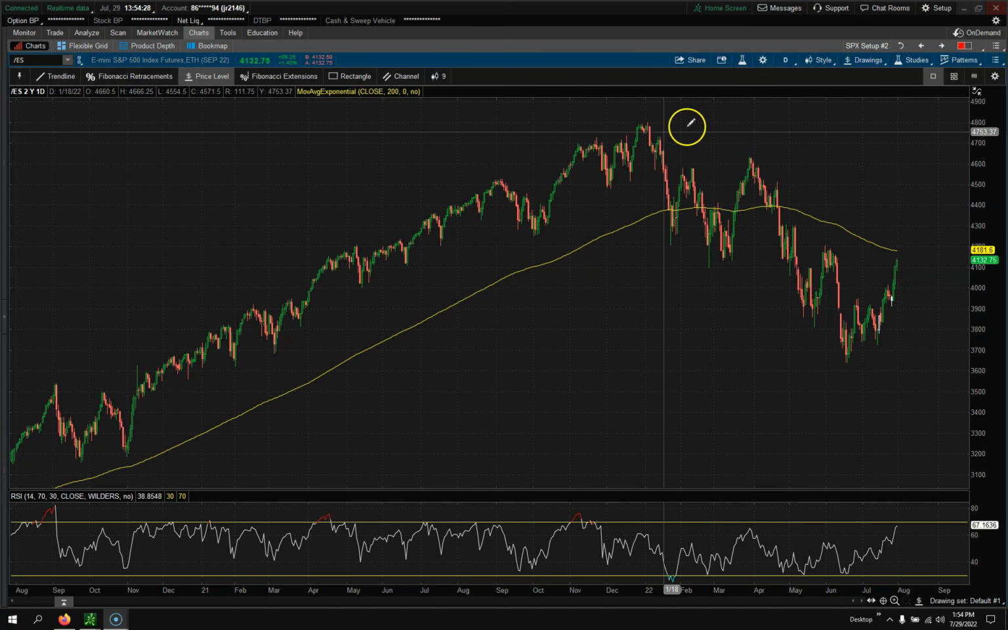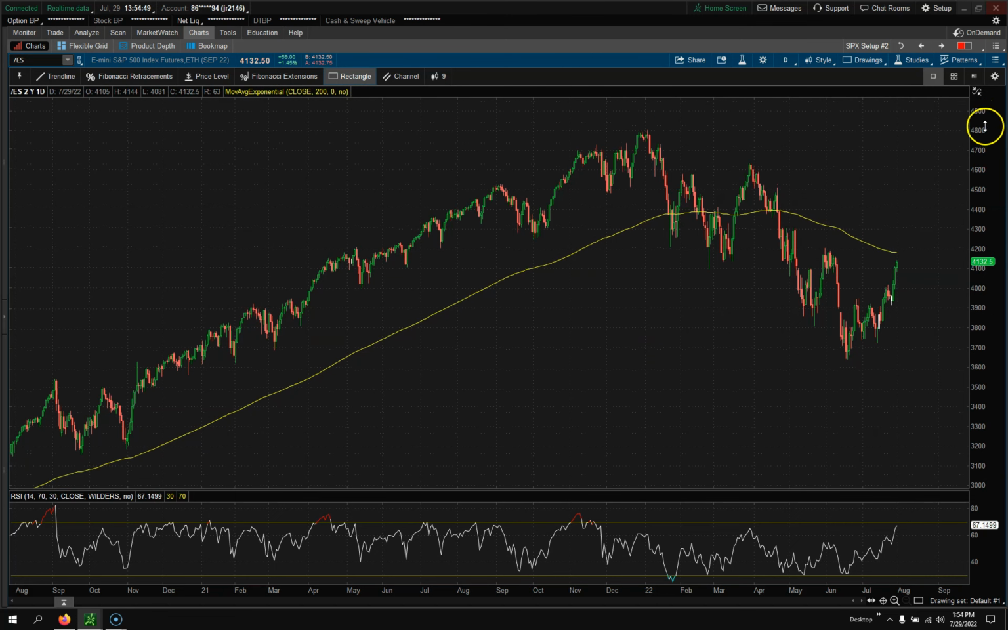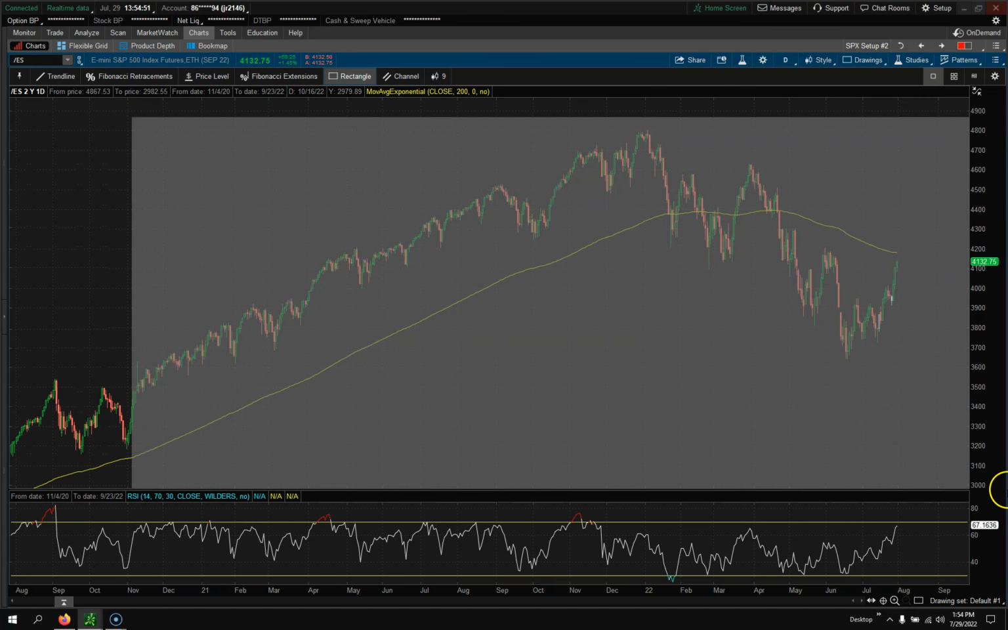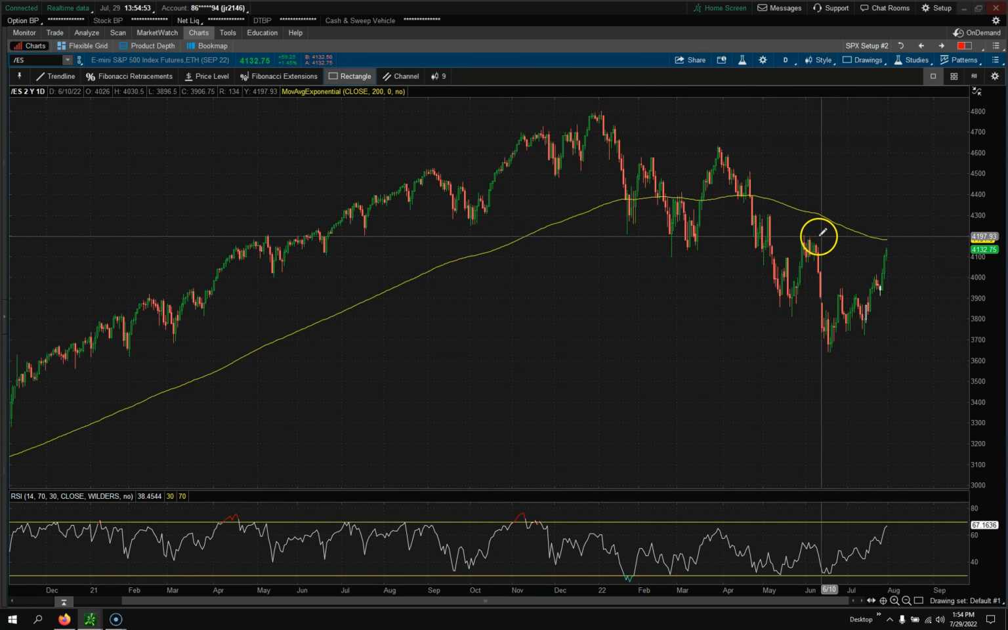So let's jump right into it. Right now we're looking at a daily chart. Let's try and keep the chart as clean as possible. I have a 200 EMA. The reason I have that is because I am looking for major levels, or confluence. And one of the things we can see is if we zoom in,